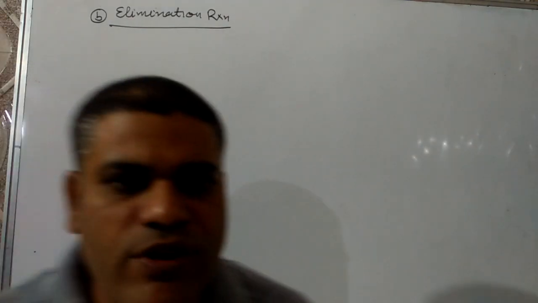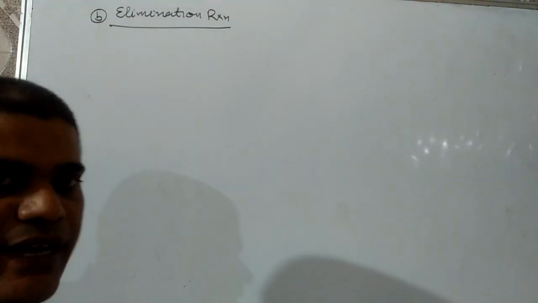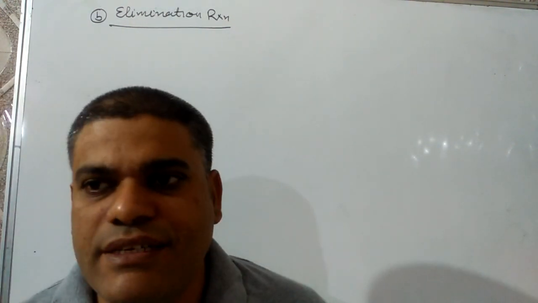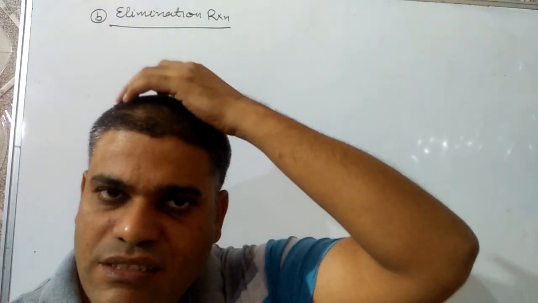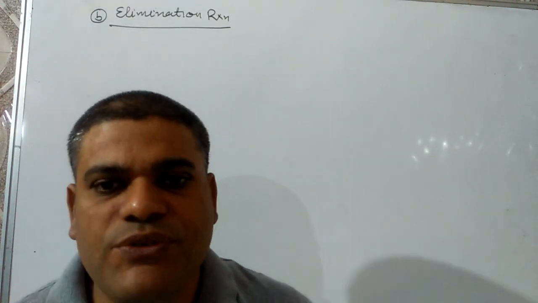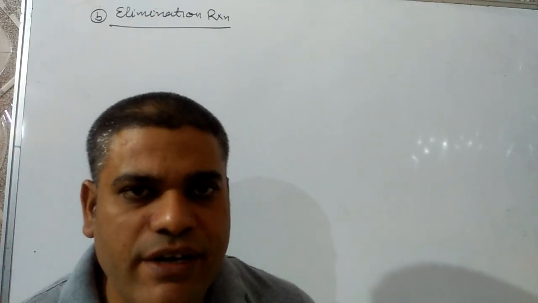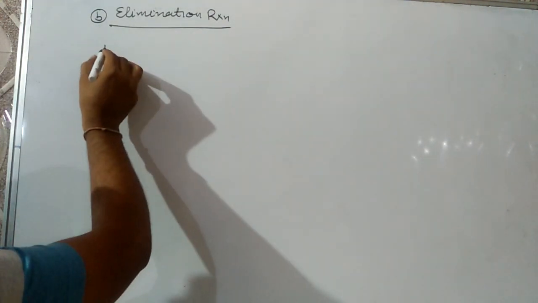So today we are going to start two more reactions of haloalkanes which are very important for organic synthesis, and the first one is the elimination reaction. In general organic chemistry we have discussed that elimination reactions are used to convert saturated compounds into unsaturated compounds, and haloalkanes can generally show two types of elimination reaction. The first one is